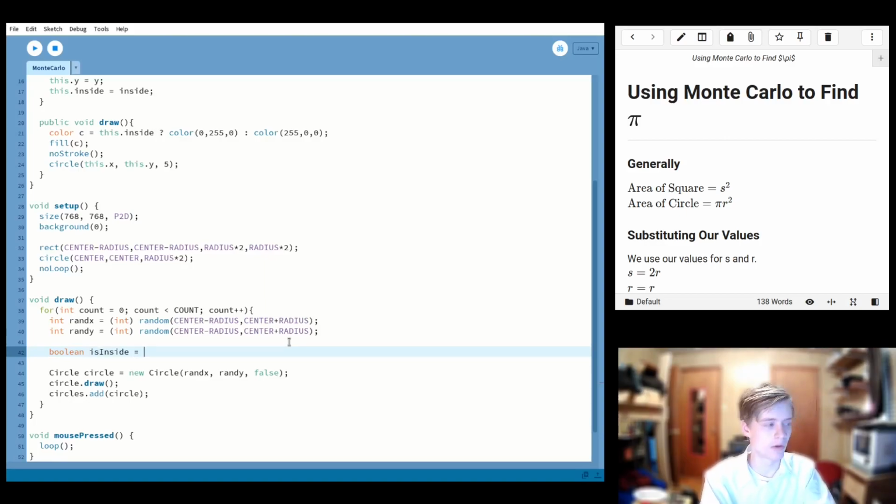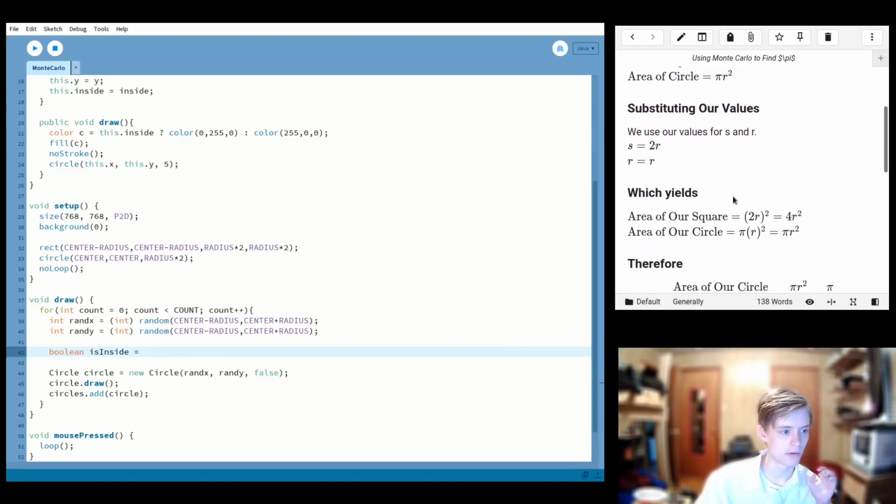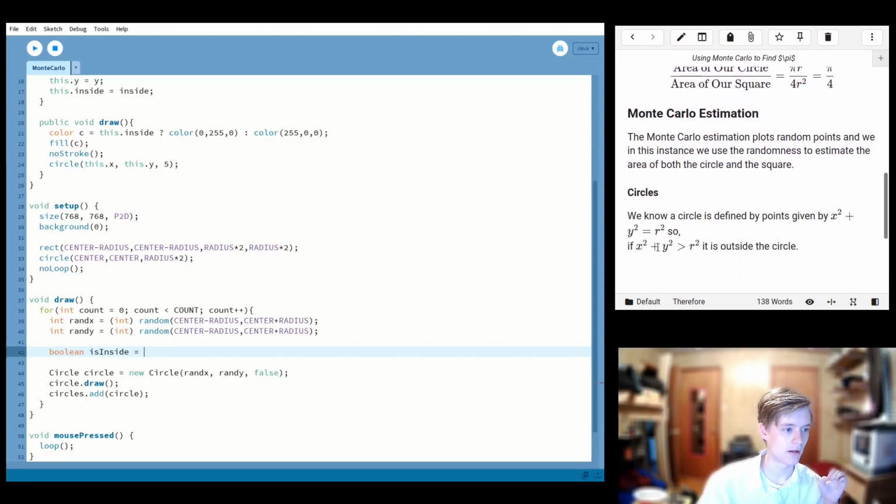And at this point, we're going to basically reference our formula here where it says that we can take the square root of both the x value and the y value squared, and then see if it's less than or equal to the radius. So it's just a slight adjustment to this formula right here. And again, you could probably copy the formula exactly if you want to, but we're just going to do square root of